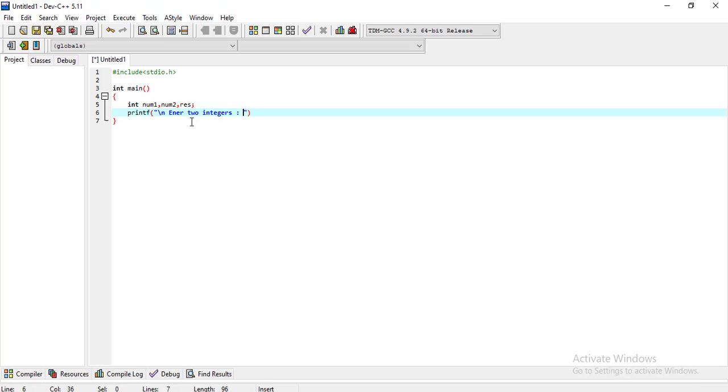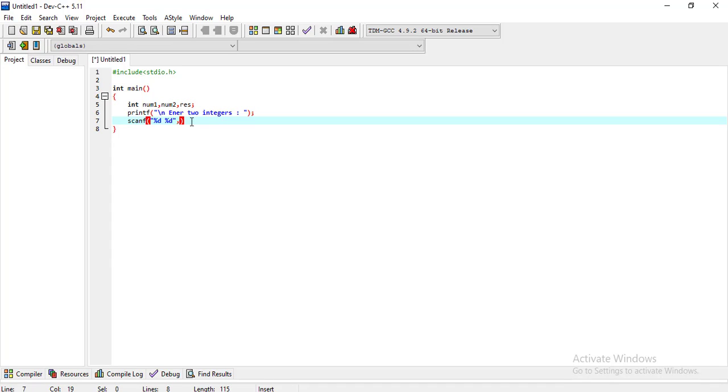Then I give the semicolon, and then I write scanf, taking input from the console. I write %d as these are integers, and I store these values in number one and number two.